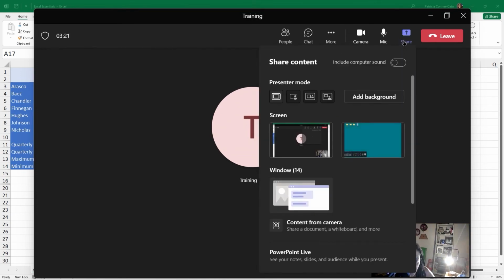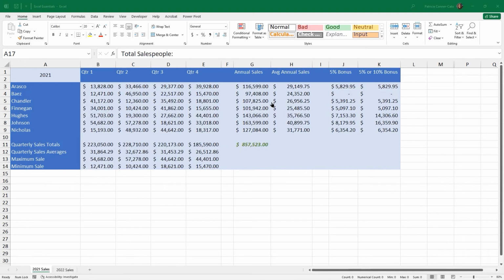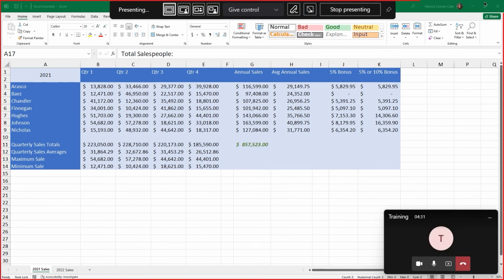I'm going to go back to share. And because I have Teams, I'm going to have to move my Teams first. Pardon me. One second here. Yeah, I had to move some windows around. So now I'm going to click on share again. And I can see the screen where I have that Excel file open from the Excel portion of this course. And now I am able to share that screen. And I'm looking at my other computer and that's what it's showing on that screen as well, because I'm sharing it. When you're sharing a screen, it puts a red border around the screen, so you're aware that you're sharing.